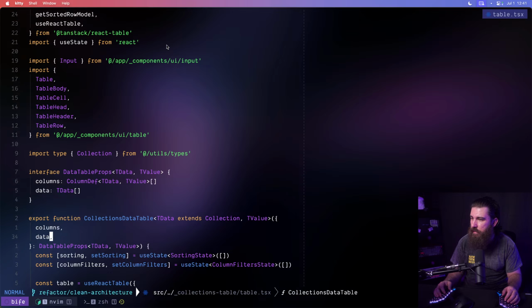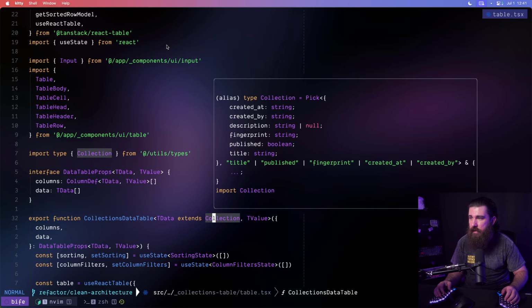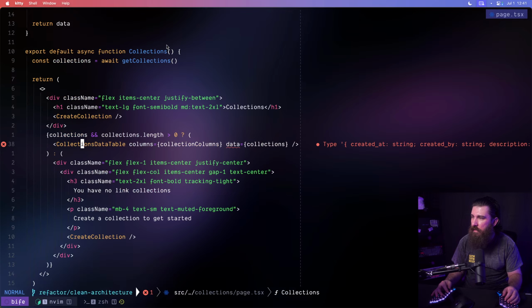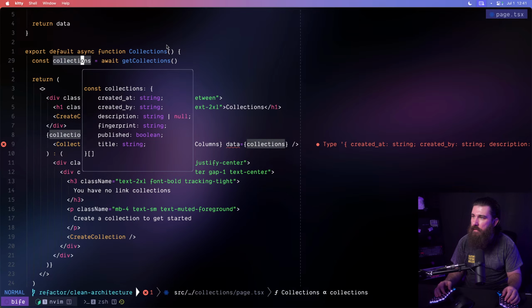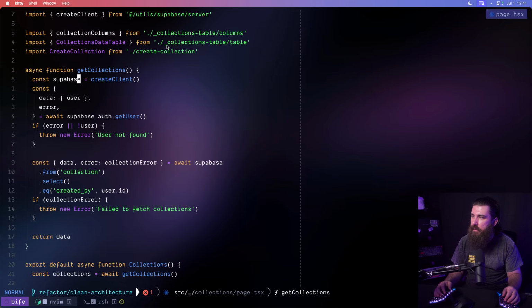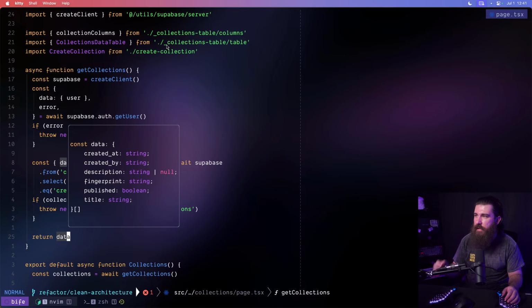Where is it? Yeah, the data extends collection, and this collection is the official collection. That also includes created by, created at, and all these things. But for this case, the collections. Oh, it does the null thing. Yeah, you see, this is where we can also use